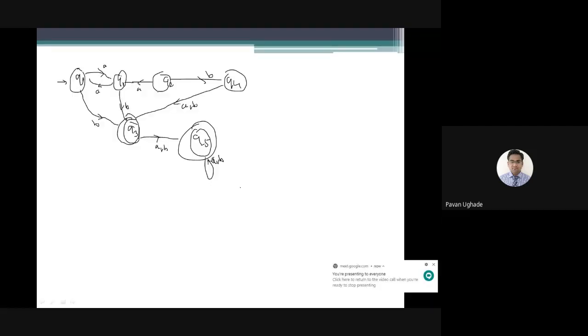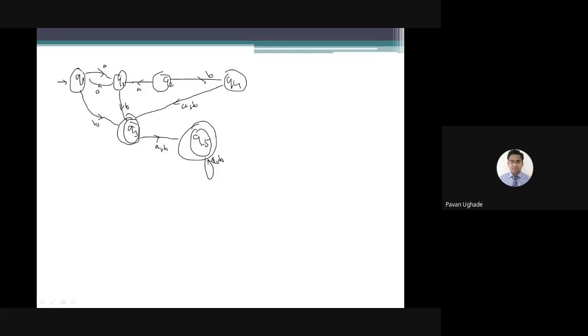As people have said about the Q5, I think I was clear about that thing. As it is an accepting state, we cannot consider it as a dead state. It is the final state. If it had been a non-final state, then it might have been considered a dead state, but as it is a final state, we cannot. In the examination you may get such things, so that people will get confused, and they'll remove q5, which was the final state, by considering it as a dead state. So keep that point in mind. The final state cannot be a dead state.